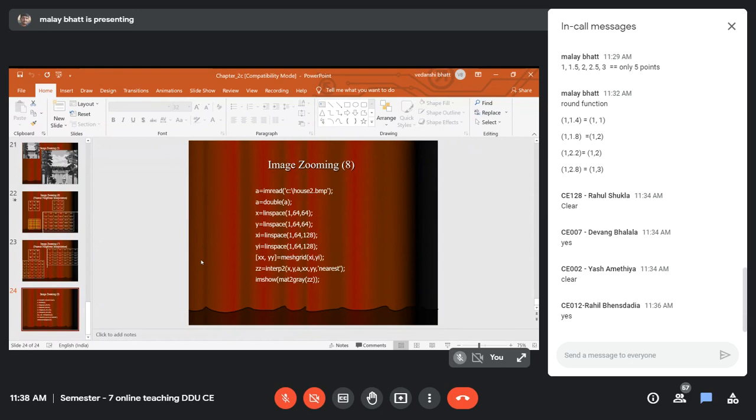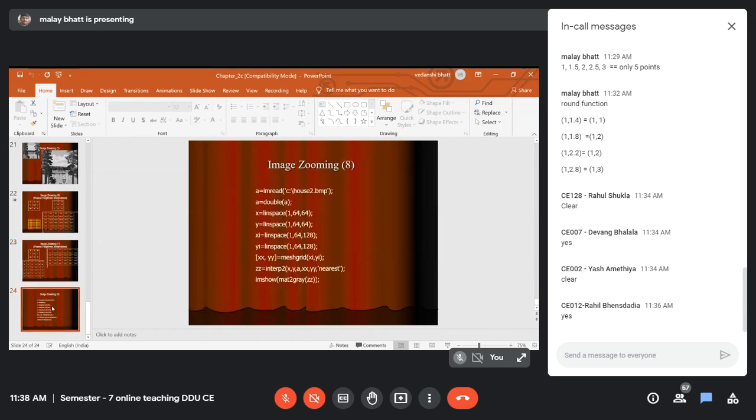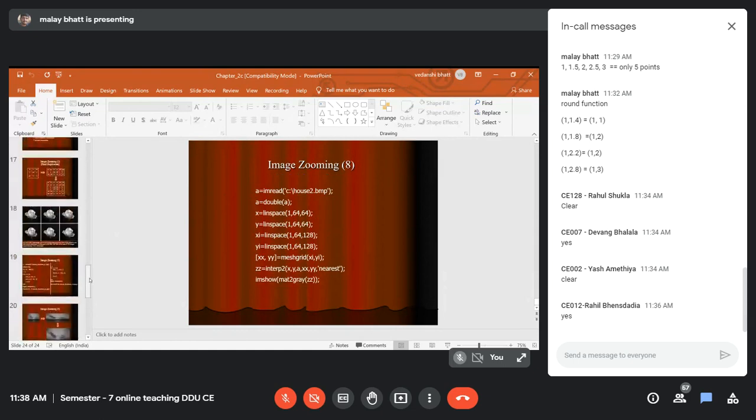You don't have to remember this MATLAB code, as you are implementing this practical in Octave. You just have to understand the basic method and the algorithm. If this algorithm is known to you, you can do this. This is how you will get the output image, which is a far better picture as compared to the pixel replication method.